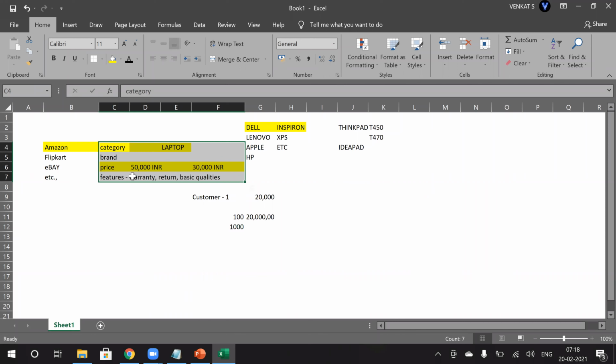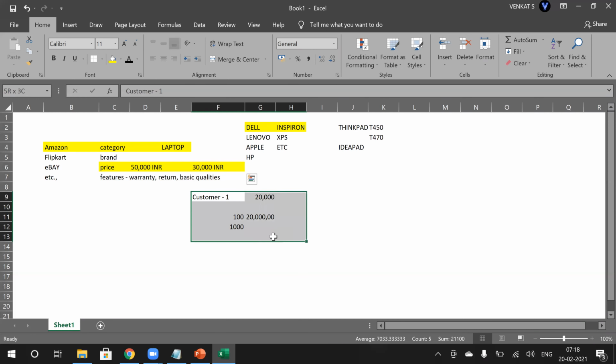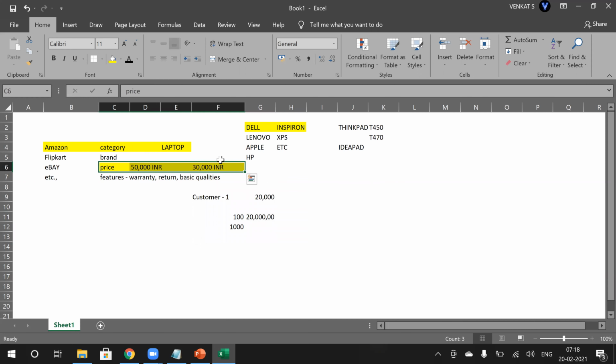So that is considered as the transactional data. If there is any error in the billing for a particular transaction, there will be an impact only relevant to that transaction, not for all the customers, not for all other transactions. But if there is any issue in the master data, then it impacts all the transactions. So that is the key importance of the master data.